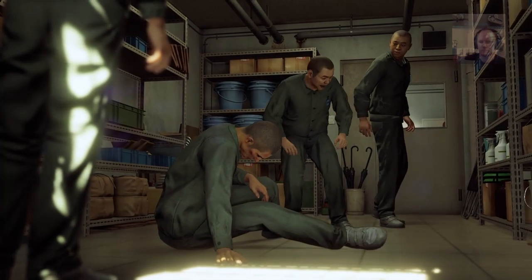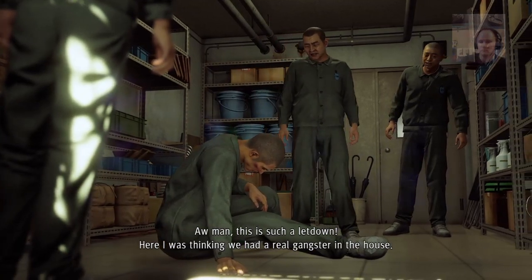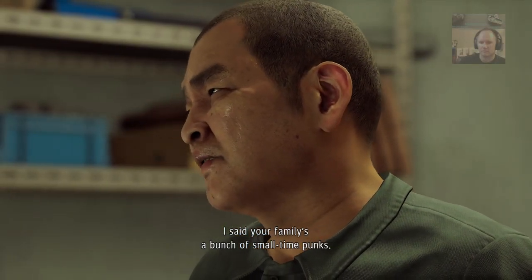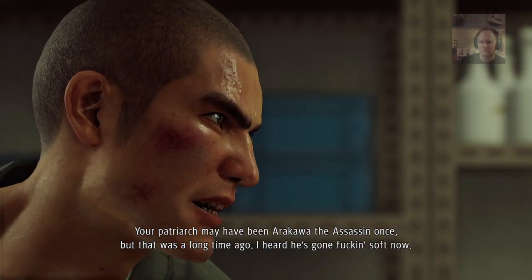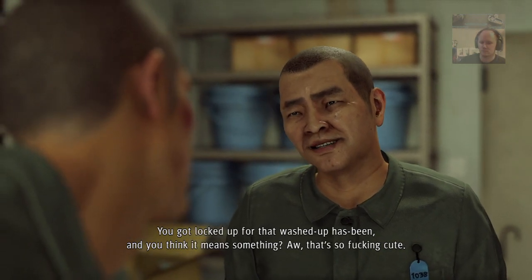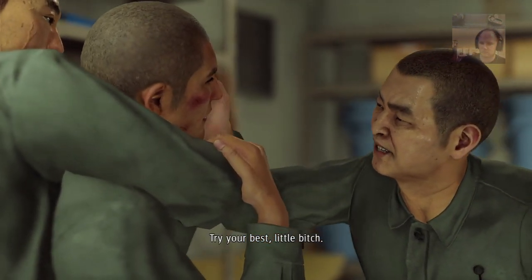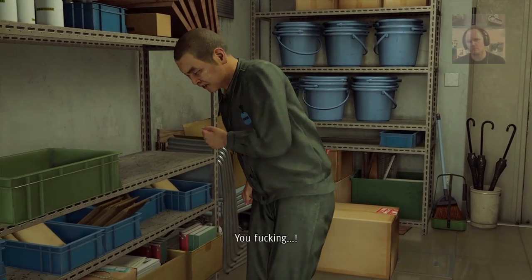Arakawa? You mean that little after-school club of a family? Oh, man, this is such a letdown. Here I was thinking we had a real gangster in the house. What did you just say? I said your family's a bunch of small-time punks. Your patriarch may have been Arakawa the assassin once, but that was a long time ago. I heard he's gone fucking soft now. You got locked up for that washed-up has-been, and you think it means something. Oh, that's so fucking cute. Bastard. I'll kill you. Try your best, little bitch. Oh, you fucking...